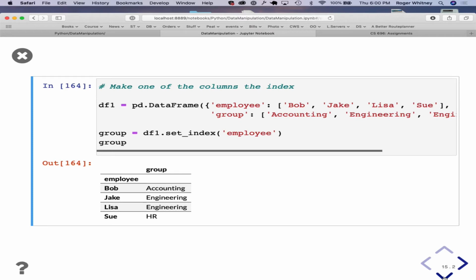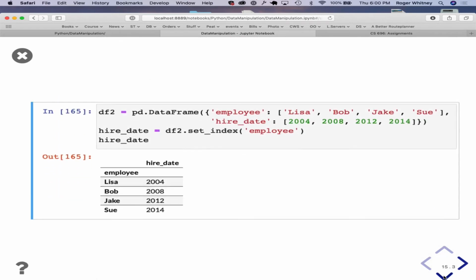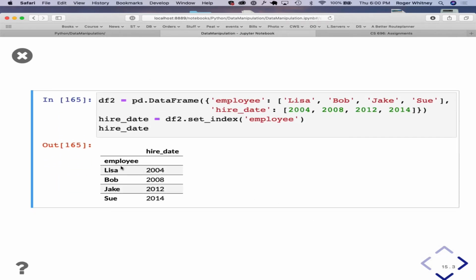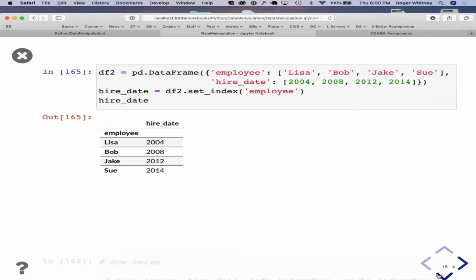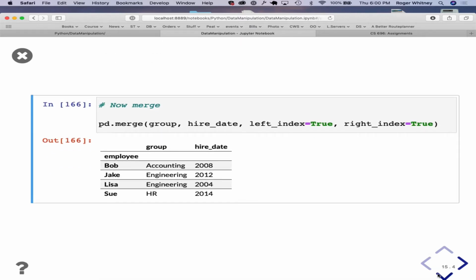So joins, okay. So again, I'm getting my data, employees, a group. Nothing new there. Employee, date hire. Merge the group data hire, left index.